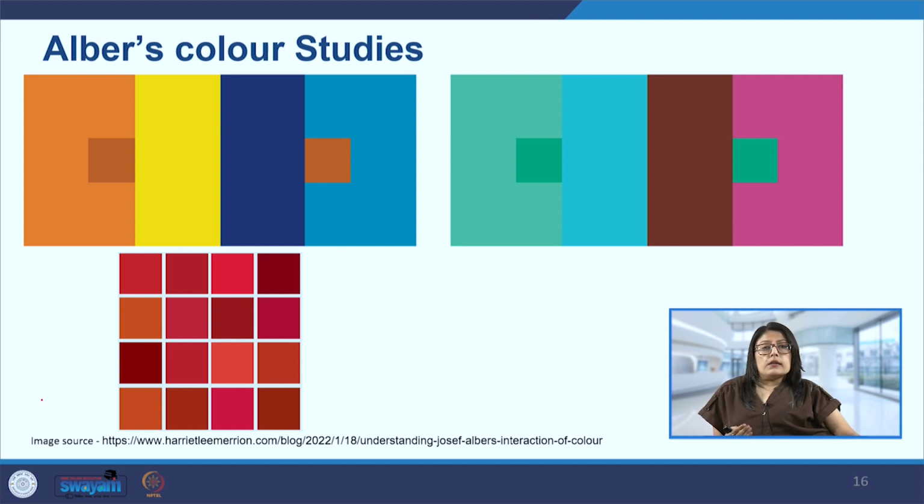how the color deceives, because both these squares are of the same color. In fact, the smaller green squares on the other diagram are also exactly the same hue, but they are appearing lighter and darker because of the colors placed next to them. At the same time, you will also notice, probably if it is visible through the screen, that on the left, where the small orange is placed on the color blue, we feel that the orange is sitting on top of the color blue.